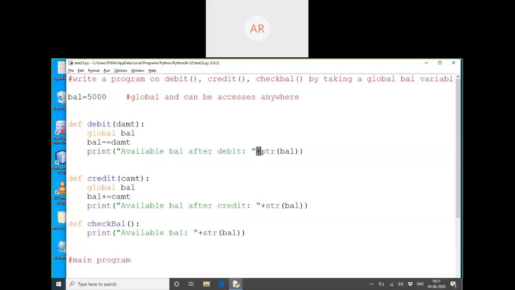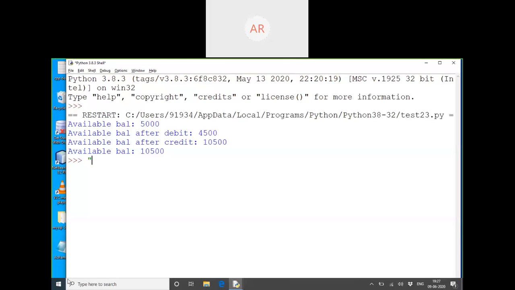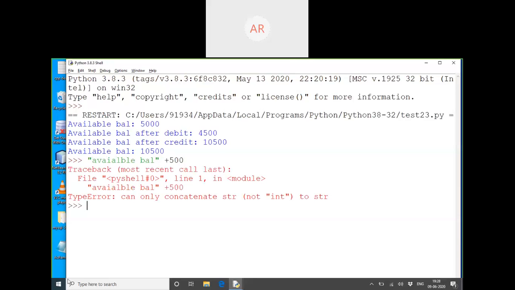Only this symbol I have used today with the string function. Because we know that string concatenation cannot be done like this. Can I say 500 like this? No, ma'am. No, because this should have the string only. String can be concatenated with string.